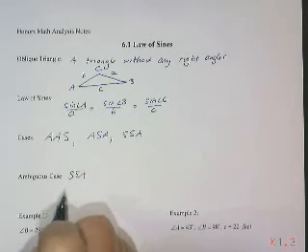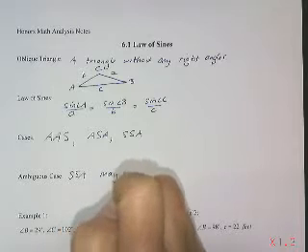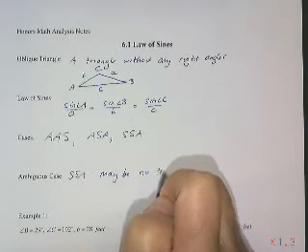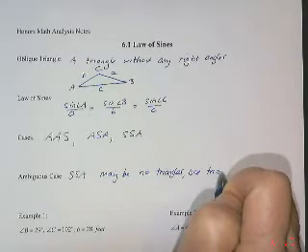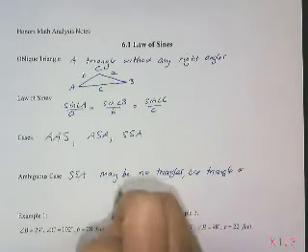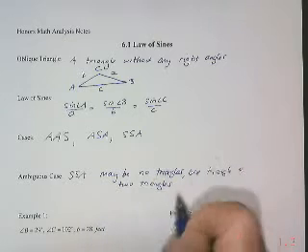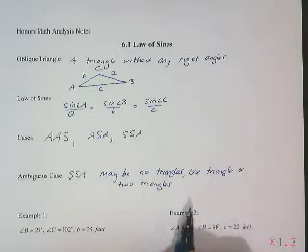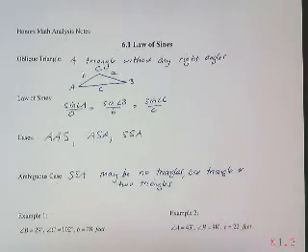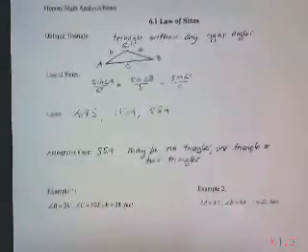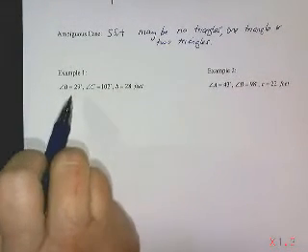The ambiguous case happens because there may be no triangles possible, maybe one triangle, or maybe two triangles. This is the case that most people have difficulty with at first, and I'll go through each of these cases with examples. The first case I'm going to look at is example 1, where I'm given angle B is 29